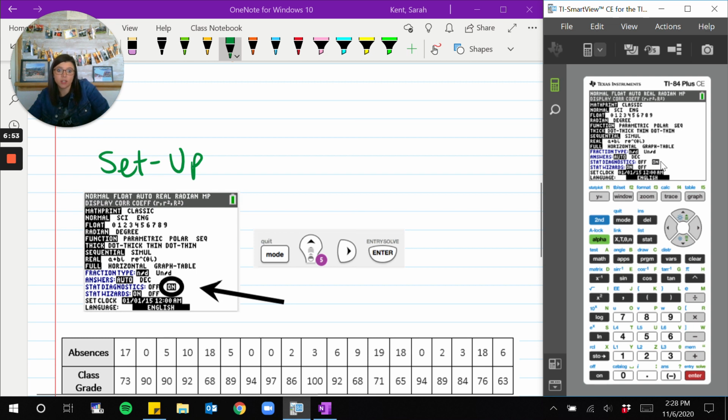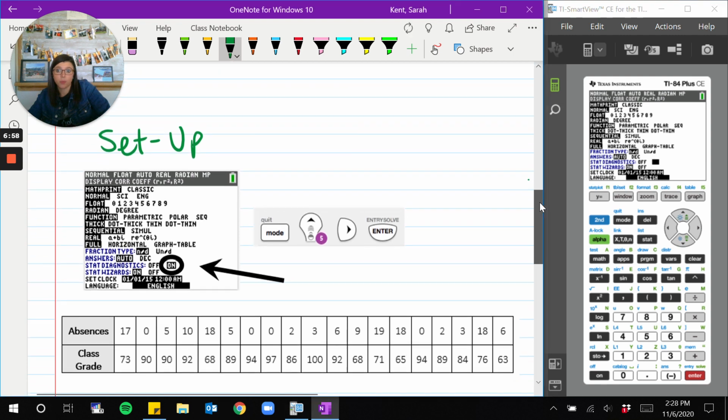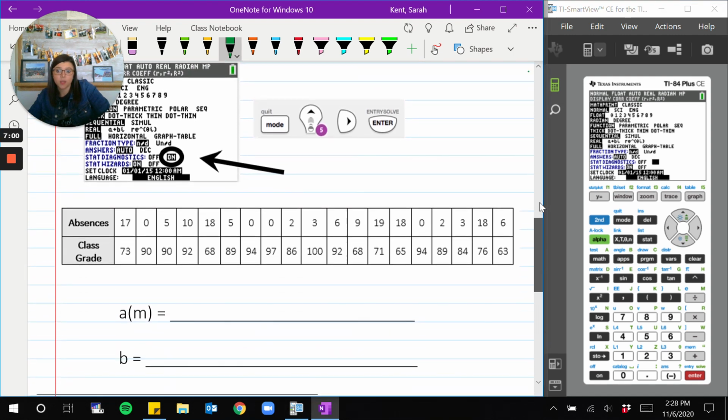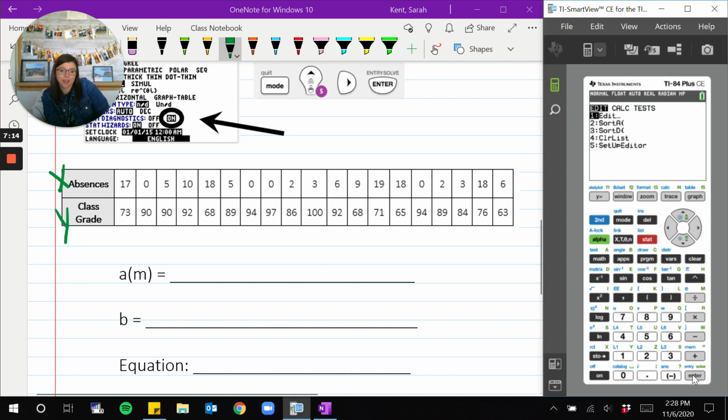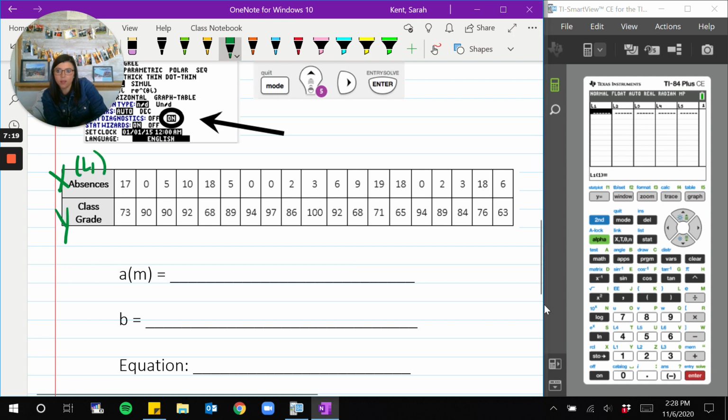So once I turn this on, we're going to go through steps that we've been through before. So here I have a table, and in my table, X is always on top, Y is always on bottom. So I want to go to my table, so this is where we'll go to Stat, Edit, and all of my X values will go in L1, all of my Y values will go in L2. So for L1, I will type in 17,